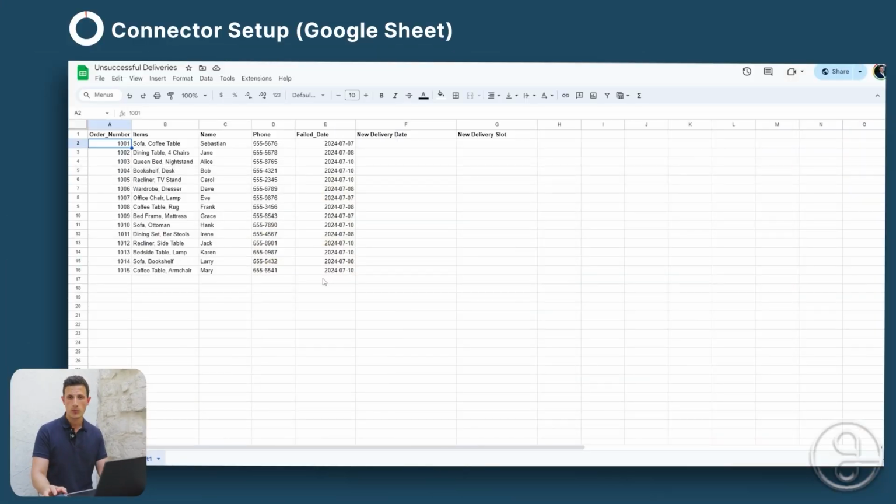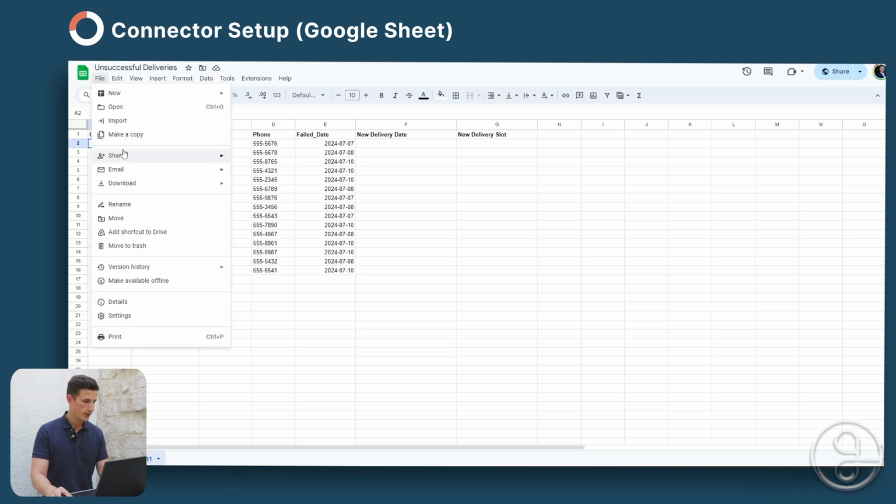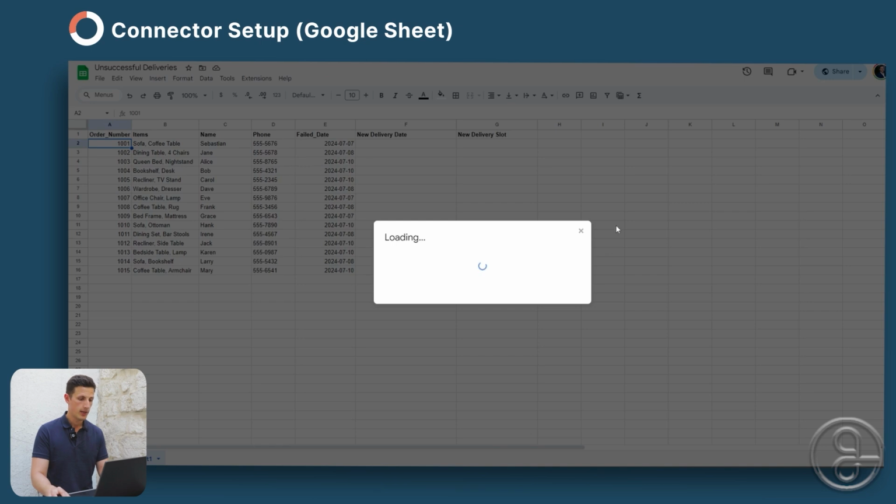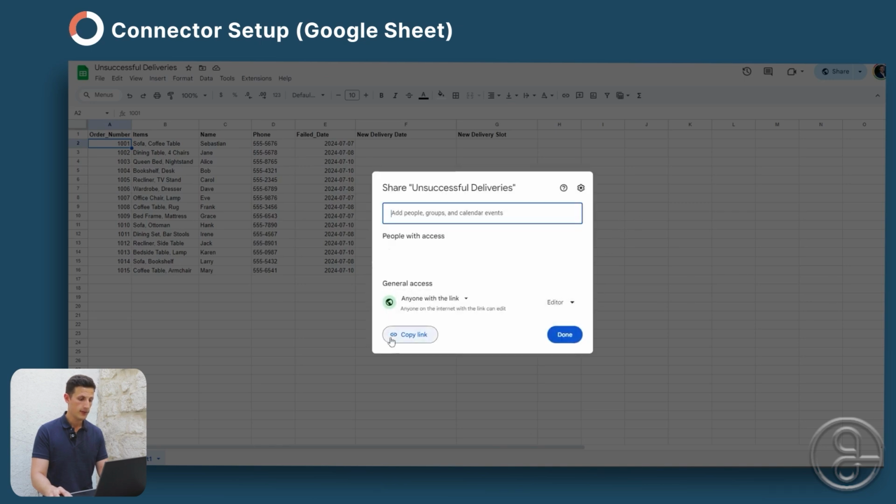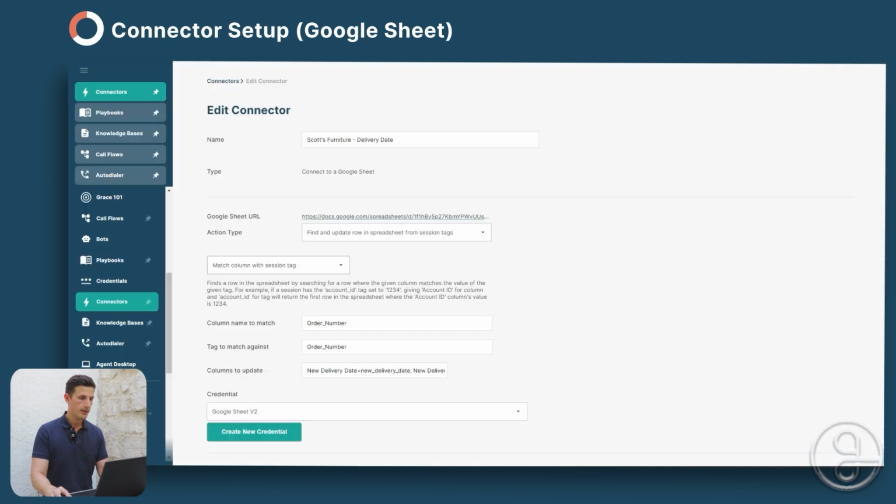For demonstration purposes, what we're using today for the CRM is a Google Sheet where we have a list of all the order numbers, the items, name of the customer, phone, and then the date we failed to deliver the item. Now, to use this Google Sheet in our case in GridSpace, we need to create a connector in GridSpace for communicating with Grace. So what we do is we share this Google Sheet first. We share it with others, and we give her editor access, we copy the link,